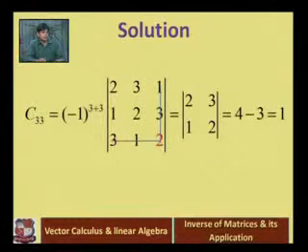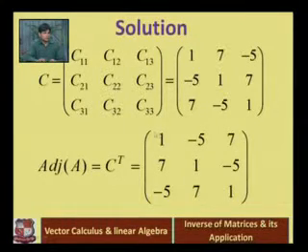And finally we find the last cofactor element C33 is equals to minus 1 raised to 3 plus 3 into minor of that element, can be given by deleting the third row and third column, is equals to the determinant 2 3 1 2. That can be solved by cross product of 2 into 2 is 4 minus cross product of these two things, that is 3, and resultant C33 is 1.